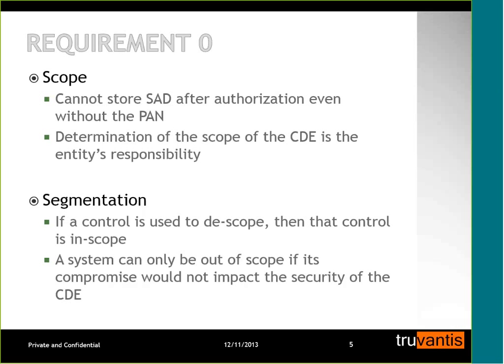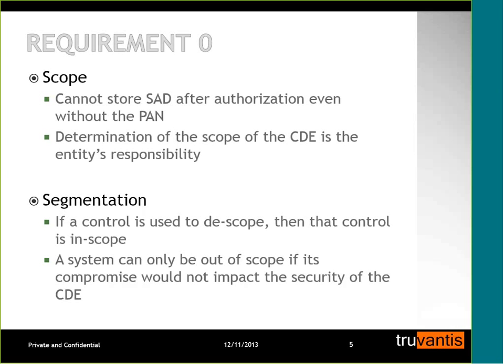So any control that you use to separate the in-scope parts from the out-of-scope parts, the control itself, be it the firewall or the switch, that then becomes in scope. And if you think a system is out of scope, then it needs to be true that for an attacker, if an attacker compromised that system that you consider out of scope, that would not help them in attacking the cardholder data